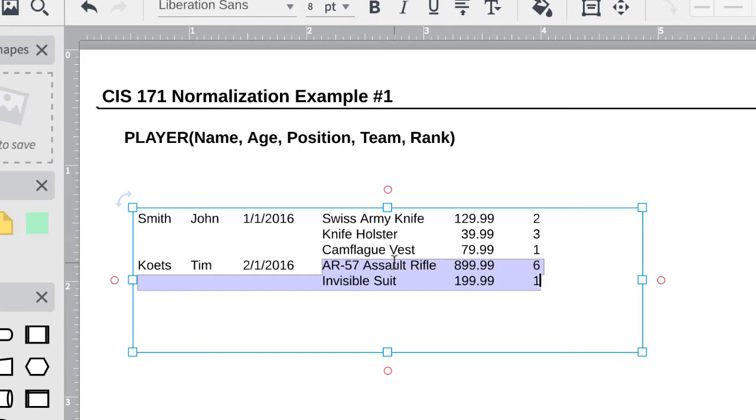If all you have are the names of the columns and there's no data to give you some guidance, it's easy to not catch all these repeating groups. What happens typically, if you miss a repeating group, is your initial primary key will be composite. If you find repeating groups right up front and you get rid of them by moving them off to other tables, it gives you a greater chance that your initial relations will all have single field